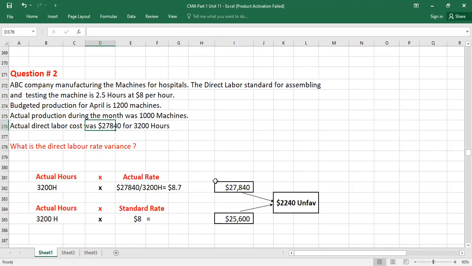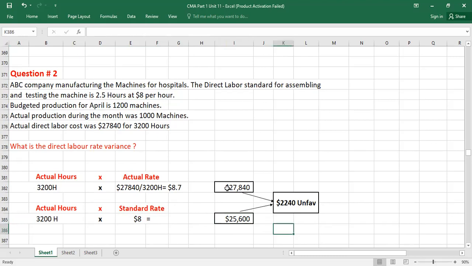Now you just need to calculate the second line, which is actual hours multiplied by standard rate. And as you can see, actual hours are given. You can look here, 3,200. You just need to multiply with the standard rate, which is $8 for each hour given in the question. So if you multiply these two values, you will get